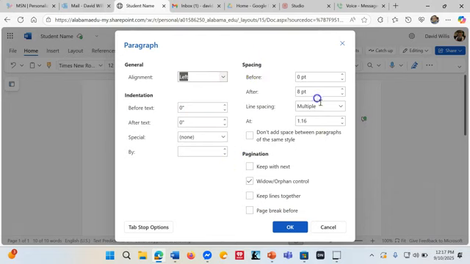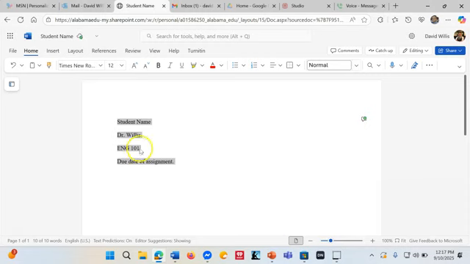Here's the spacing issue that I see the most problems with. We want to set the spacing before and after to 0. The reason that we want to do this is if we don't set it to 0, when we hit return, it's going to do more than double space it. Then we go to line spacing and select double. Okay? And that should get us properly double spaced. So now that we're properly double spaced,